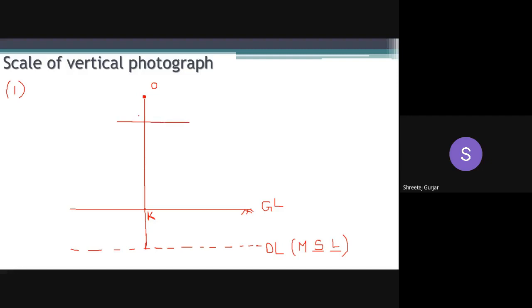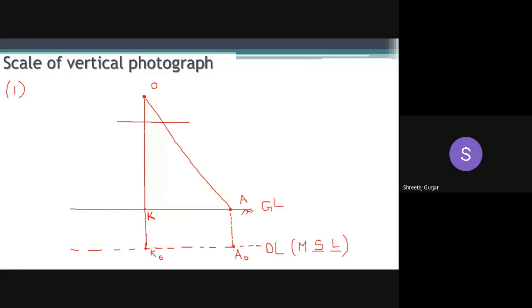Then what I will do is I will just take a photograph. Suppose this is a photograph, the entire photograph. Okay, I will consider a point A on the ground for reference. So I will join these two. Okay, so this is capital A. Then the projection of this point A on the datum, this point. Because it is on datum, I will write it as A naught. And this is on datum, so I will write it as K naught. This is the projection of the principal point on the datum. Okay, very simple, no problem.